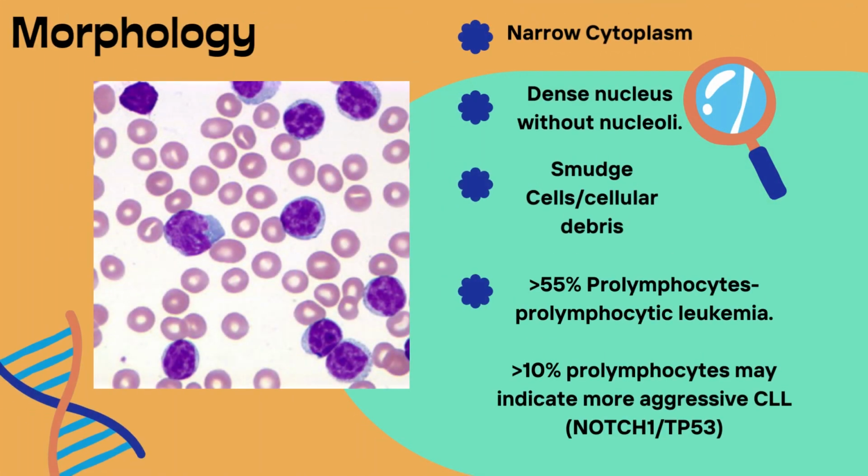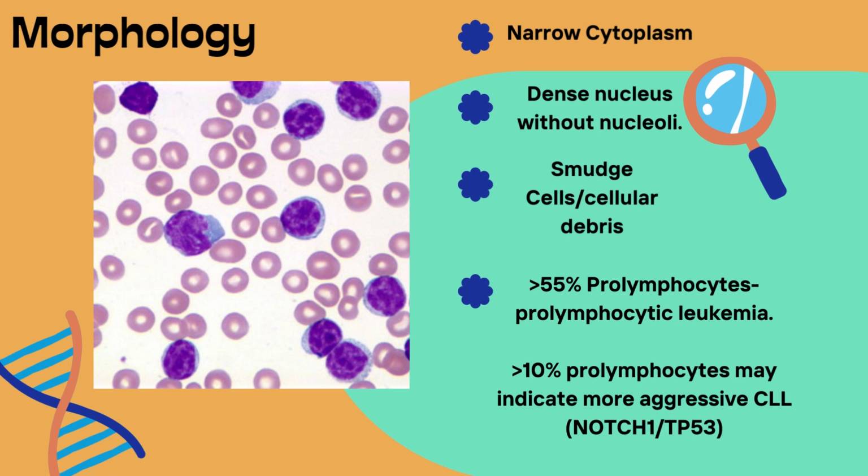CLL leukemic cells found in the peripheral smear are characteristically small, mature lymphocytes with a narrow border of cytoplasm and a dense nucleus lacking a nucleolus. There is also cellular debris found looking like smudge cells. A small percentage may have atypical prolymphocytic appearances,